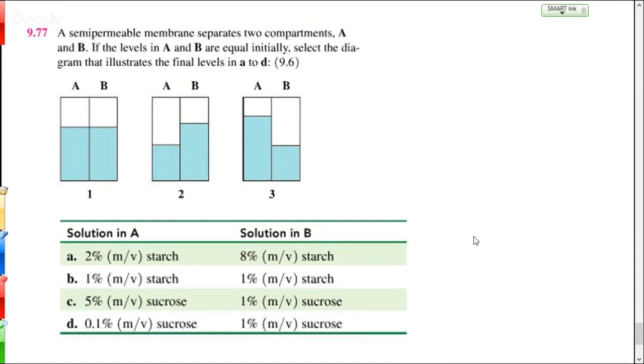And then what about D? Probably look the most like 1? Why? Because there's such a little amount in both sides, 1%. I mean, that's true, but that's a big difference relative to each other. One's got 10 times the concentration of the other, right? I might argue that that's a bigger difference than A, even though,